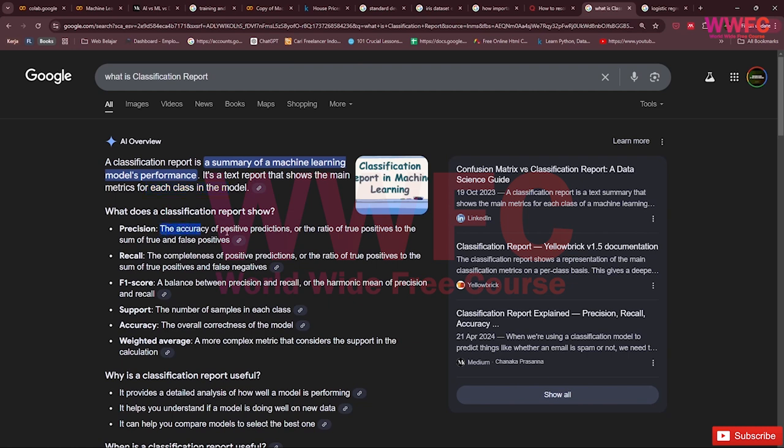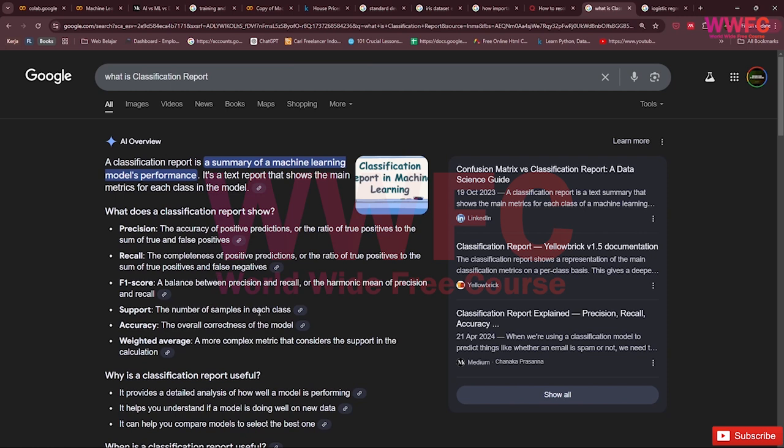Precision is the accuracy of positive predictions, or the ratio of true positives to the sum of true and false positives. Recall is the completeness of positive predictions, or the ratio of true positives to the sum of true positives and false negatives. F1 score is a balance between precision and recall, or the harmonic mean of precision and recall.